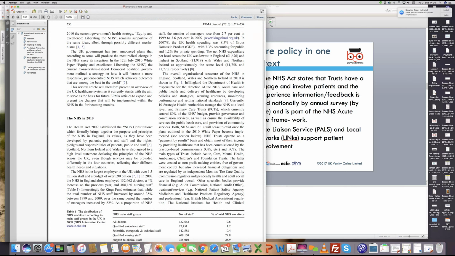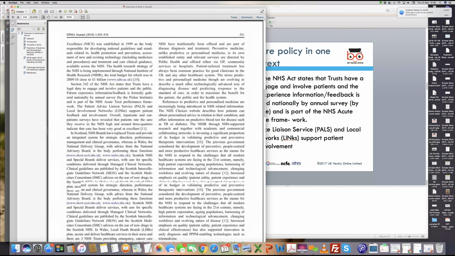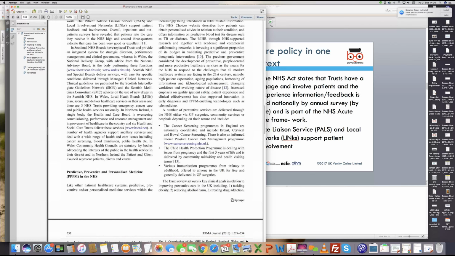So how did the NHS Act come about? What is the NHS Constitution? What are the functions of the NHS Constitution? What are the other bodies which support the NHS, in terms of the role of PCTs? And here is the breakup of staff, which I picked up from here. So this is a good read that I would suggest: just do a bedside reading of this particular article,